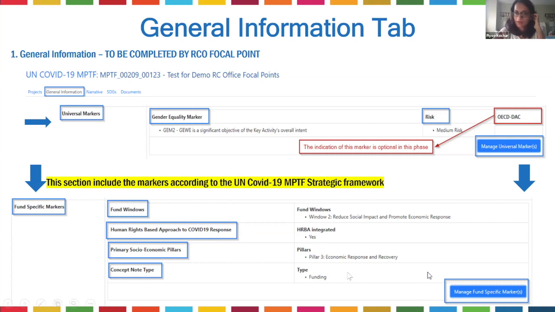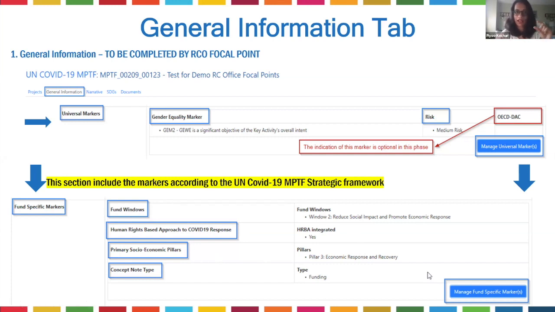The human rights-based approach is also a priority for the concept note development process. So we've, in the user guide, hyperlinked the most recent guidance issued by the Interagency Working Group on Human Rights-Based Approaches, and we do ask you to fill this up and also reference the guidance when you're developing your concept note. The primary socioeconomic pillar, we are asking you to pick one primary socioeconomic pillar. So you'll see the 5 listed there, and we recognize that this is not a one-to-one relationship, but we do ask you to still select one.